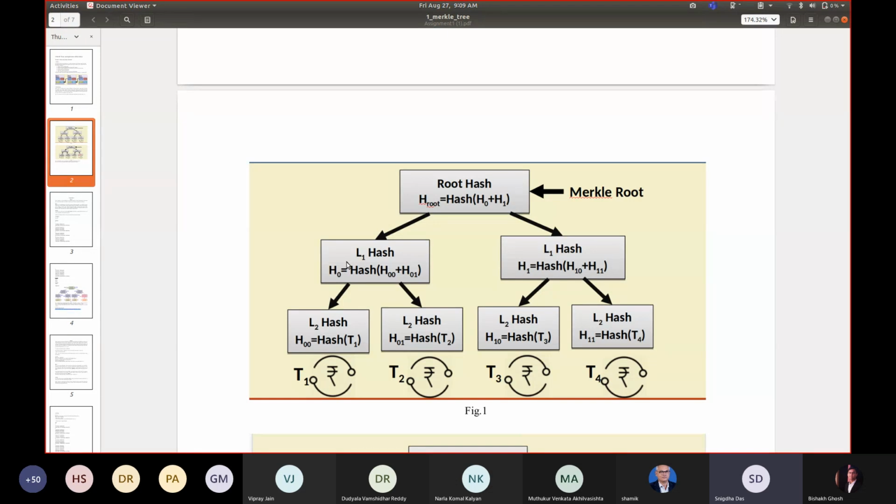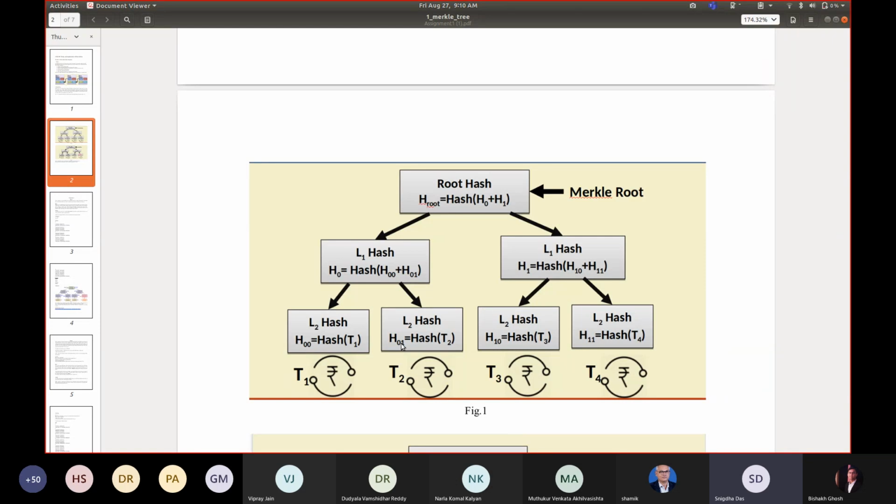It's just a binary tree, and it has some specific characteristics. If there is an even number of nodes, meaning the transactions are even, then we make the hash of the transactions, and then we take two of them and create the upper layer of the node.